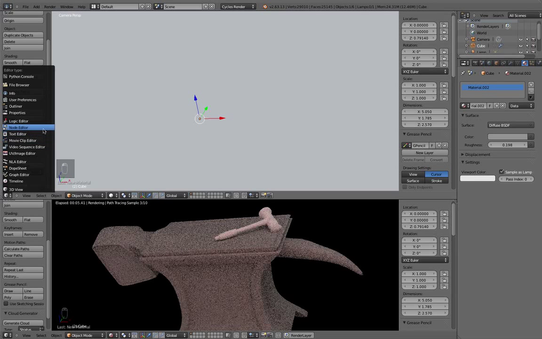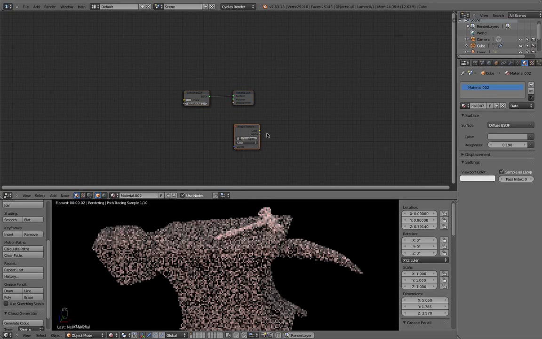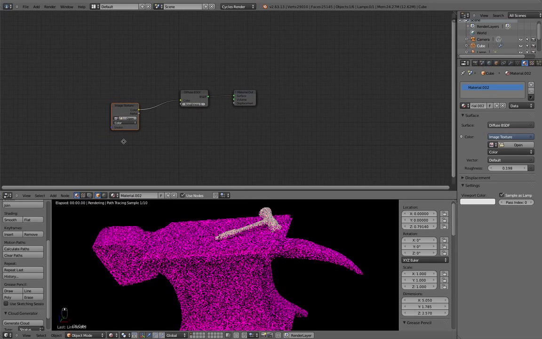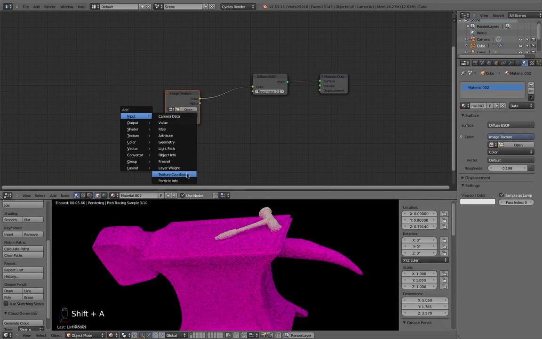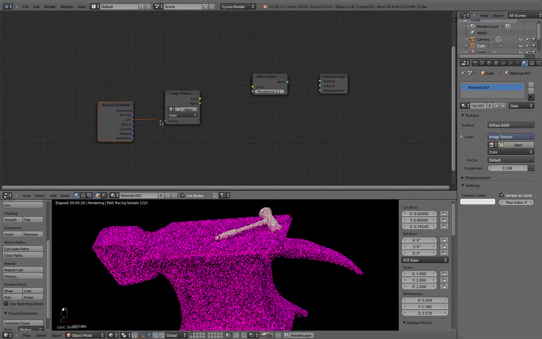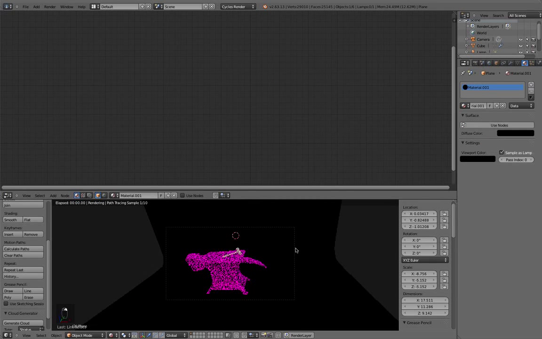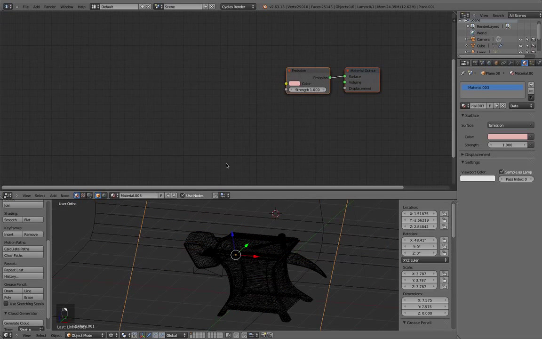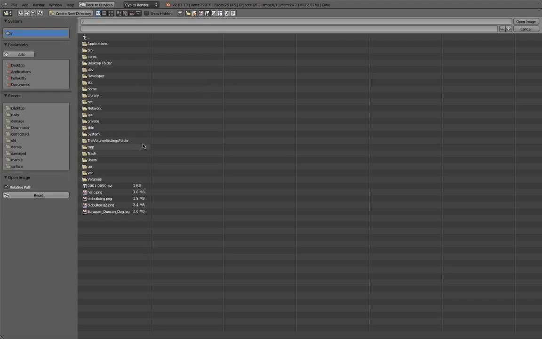Let's do some nodes. Let's do some nodes for a change. I'm going to add an image texture. Yuck. I'm going to add input texture coordinate. Oh wait, what did I do? Okay, and I'm going to open up